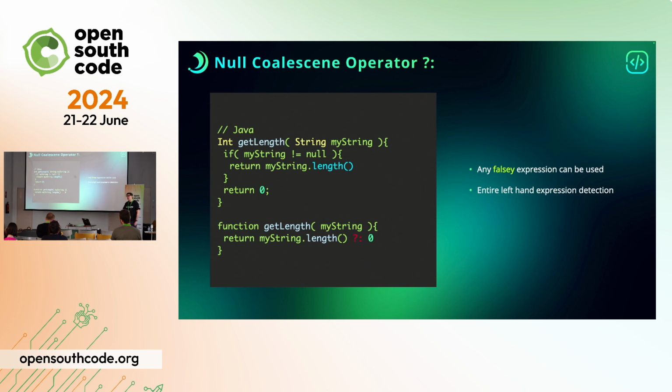Okay? So this is not the same as the ternary expressions. This is basically a coalescing expression. Okay? So imagine in Java, if I needed to get the length, I need to check if it's not null, return the string, or return 0. Okay? In BoxLang, I basically just say, hey, whatever this expression, if this expression is false or falsy or null, then return 0. Okay? So it'll shorten your code considerably.